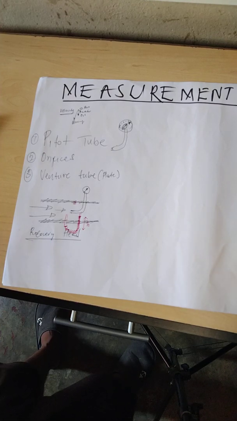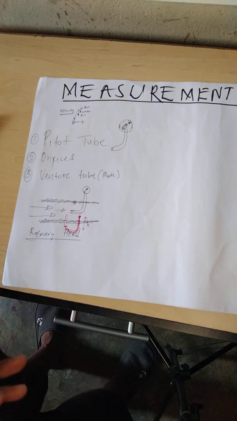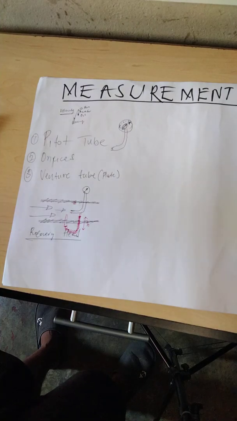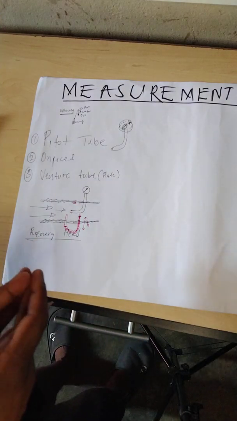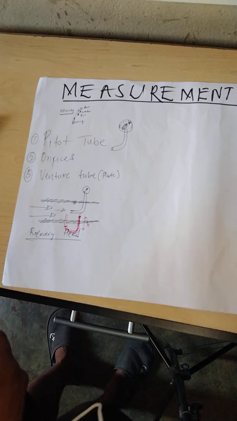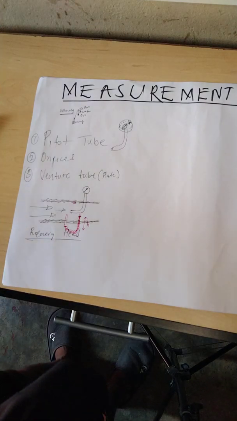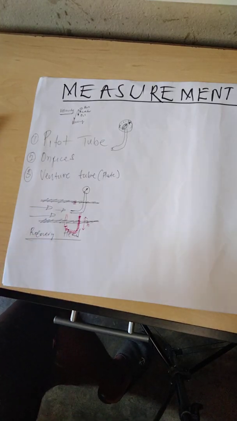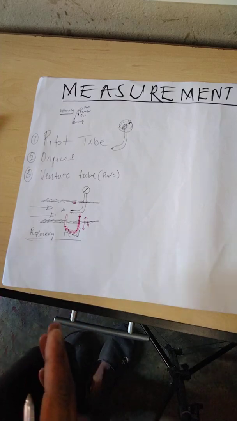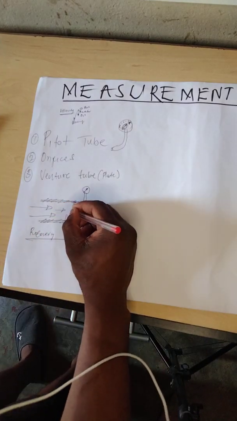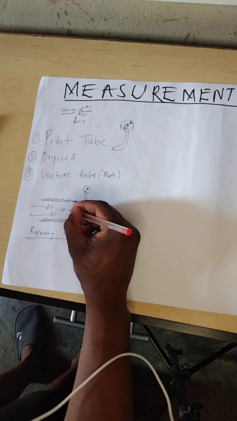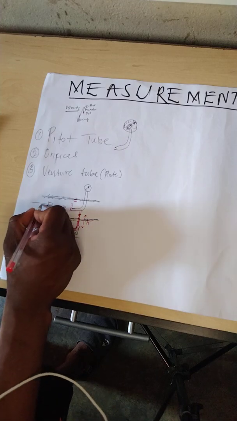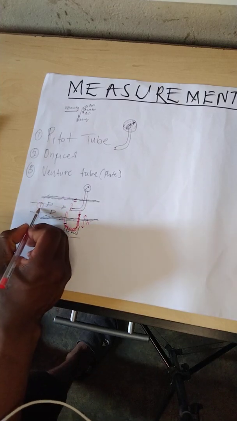One thing we have to know about the recovery head is that pressure energy is converted to EK, meaning kinetic energy, and we take the test. After the test, our kinetic energy is converted back to pressure energy. What I mean is that I'm going to explain it mathematically. Here at the opening of the pitot tube, let me name it point 2. And from here on the pipe, at any point, you can name it point 1,